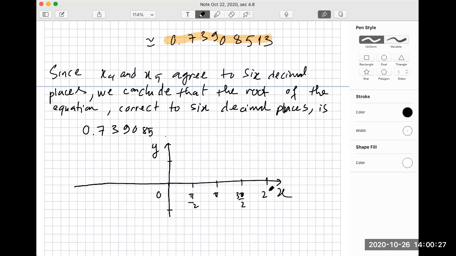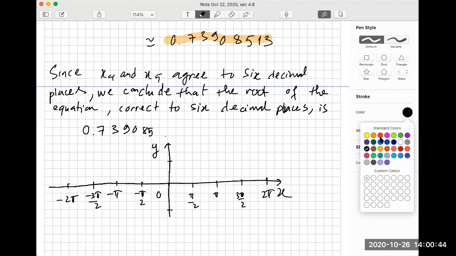And here is 2 pi. Negative pi over 2. Negative pi. Negative 3 pi over 2. Negative 2 pi. If this is 1,